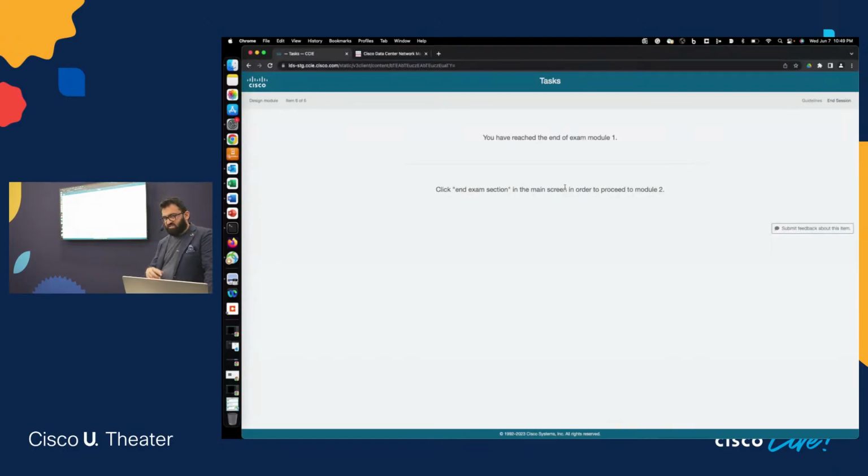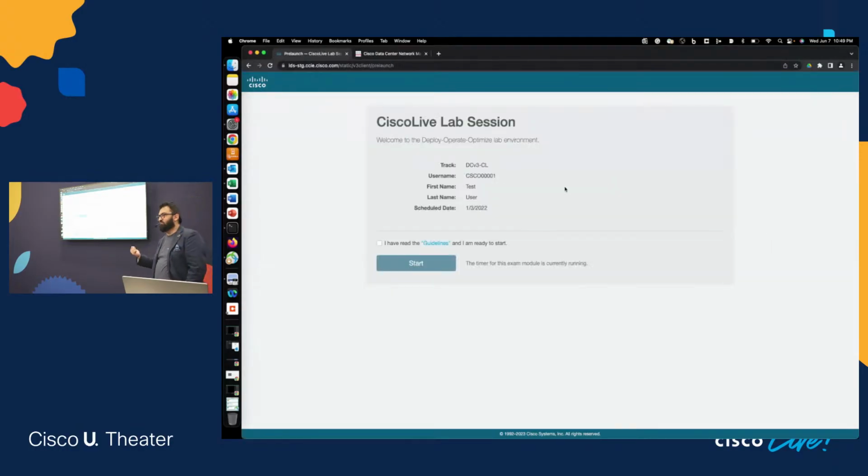Okay. Once I click this, it's going to take me to my next session, which is my do module. Now, if you remember from slide 1, the do module is 5 hours. You have a live pod that you have to work on. You have to configure stuff. You have to troubleshoot stuff. You have to operate it. There can be web-based items in this portion. So even though there were web-based items in your design, there still can be some web-based items in your do